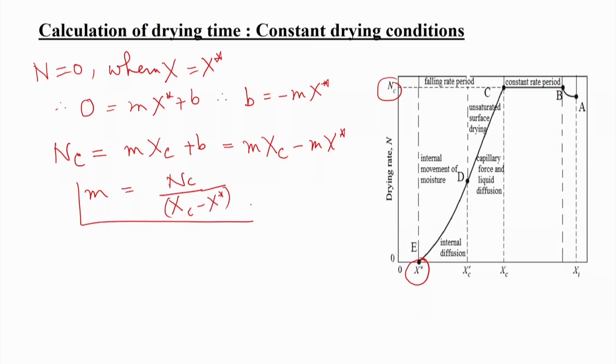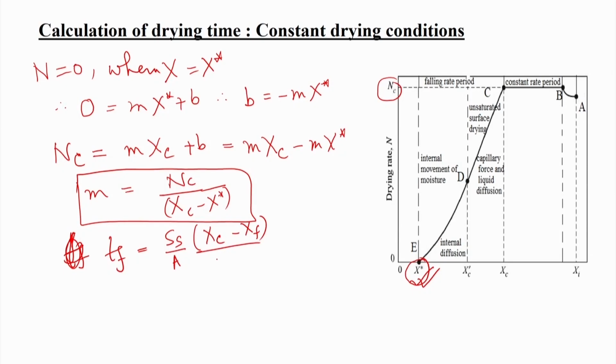So, we have got another relation, this one for m is equal to n_c by x_c minus x*. So, whenever we reach this x*, or we can say the equilibrium moisture content. Now, for the falling rate time t_f, we have the expression t_f is equal to S_s by A into (x_c minus x_f) by n_c